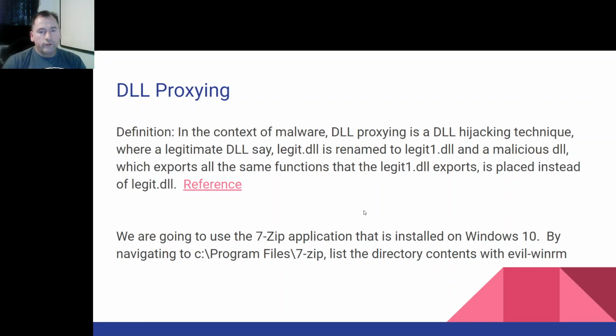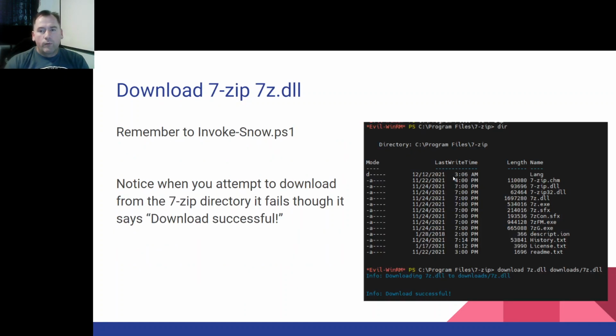So we're going to use the application called 7-Zip that is installed on Windows 10. By navigating to the C Program Files 7-Zip directory and listing the directory contents with EvilWinRM, we notice there is a 7z.dll. And when we get here, remember to Invoke-Snow. Also, in this directory, we're going to be downloading the 7z.dll to our downloads folder. If you're in Program Files 7-Zip and do the download,